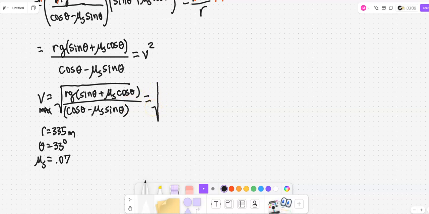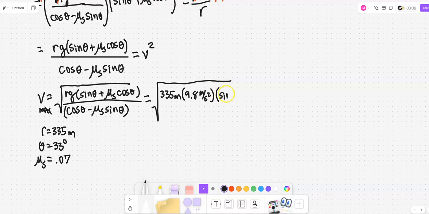This is where you have to do your best with your calculator skills. Break it up into different parts if you need to. I'm going to put units in case somebody else is watching this on YouTube. I took negatives and positives into account when I assigned the directions, so I'm going to use positive 9.8 meters per second squared